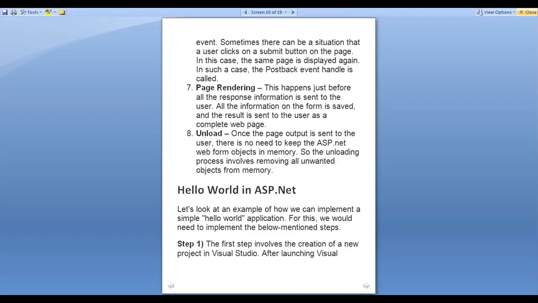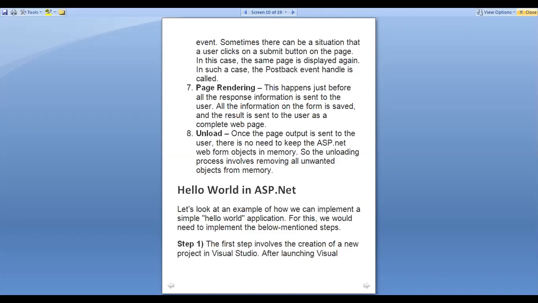Then page rendering, this happens just before all the response information is sent to the user. It means now postback event handling is done, my request is sent to the server, and the server is processing that request. After processing the request it will generate some response, and now I have to send that response to the client again.